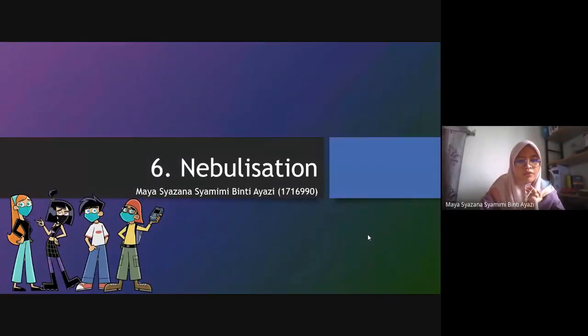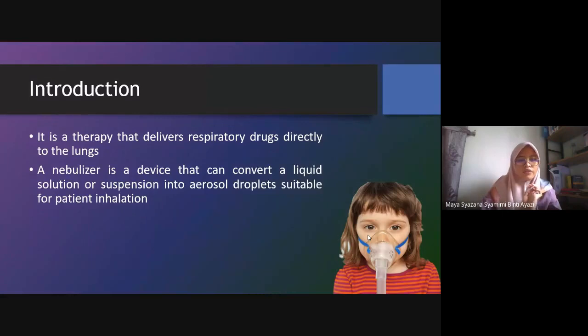So next we proceed with nebulization. So my name is Maya Shazana Shamri binti Ayazi. So first, what is nebulization? So nebulization is actually a therapy or a method that delivers respiratory drugs directly to the lungs. So don't confuse what is nebulization and also nebulizer. So nebulizer is actually the device itself that convert the liquid solution or suspension into aerosol droplets suitable for the